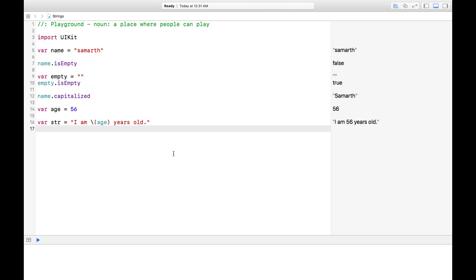Basically this is the use of string interpolation if we want to include any variable inside our string. This is very useful. We will use this many times when we are building real world applications for the iOS platform. So this was about